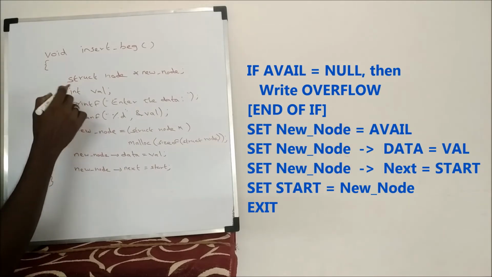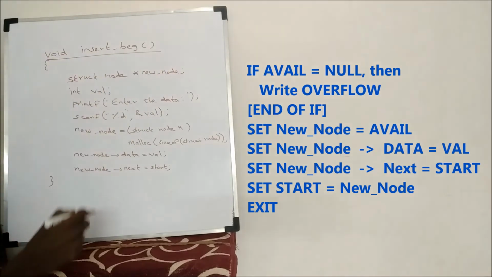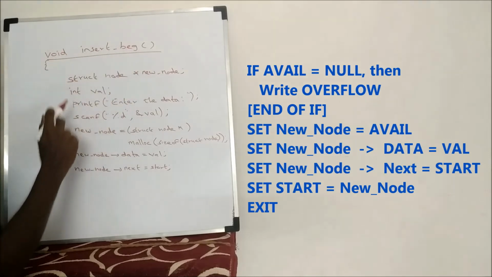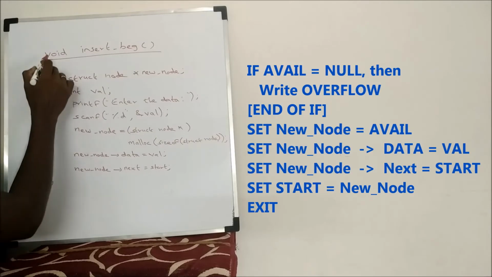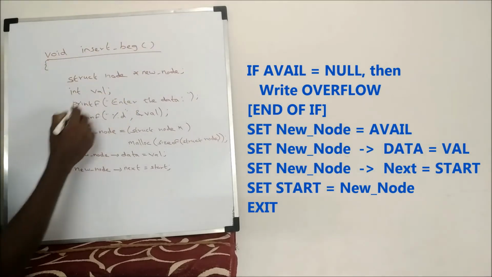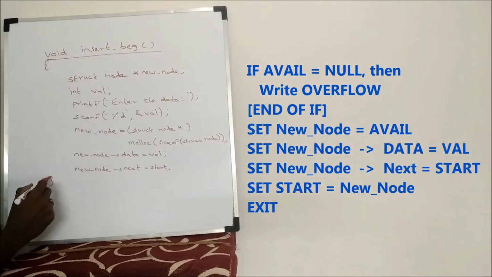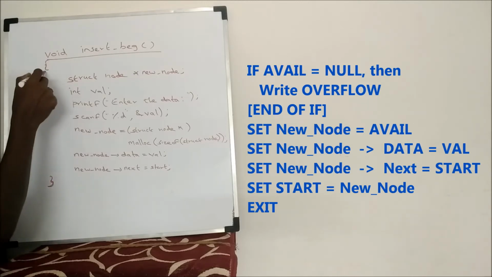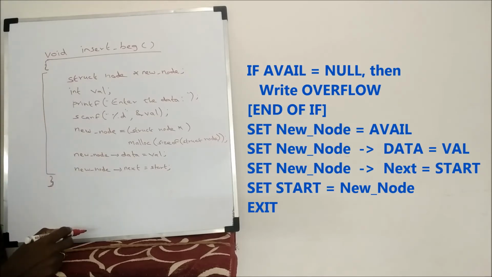You already know how to define the function, that is, we call it a function header. We already declared a function called insert_beginning for inserting a node at the start. The return type is void, there is no parameter. So this is the function header, and then immediately you have to write the open curly braces and finally close curly braces. In between the open and close curly braces, you have to define the entire function.